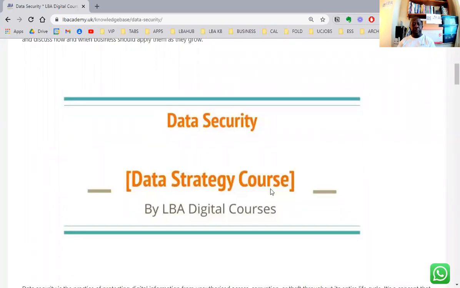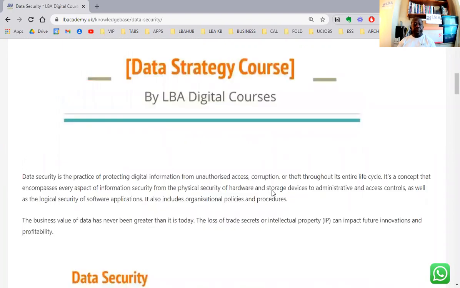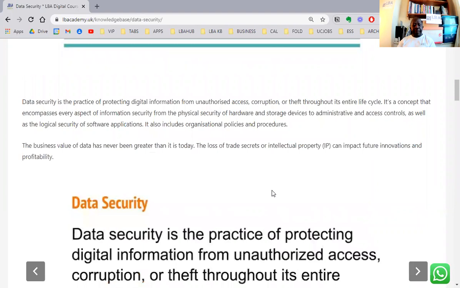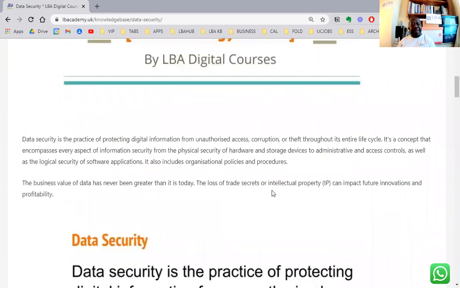This is a module and it's part of a course I'm offering on data strategy. So data security is the practice of protecting digital information from unauthorized access, corruption, or theft throughout its entire life cycle.